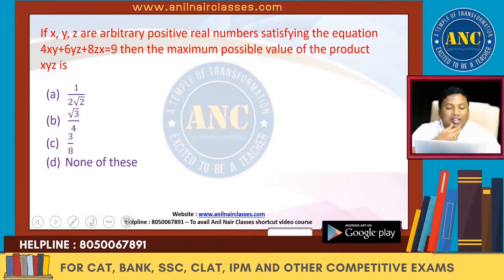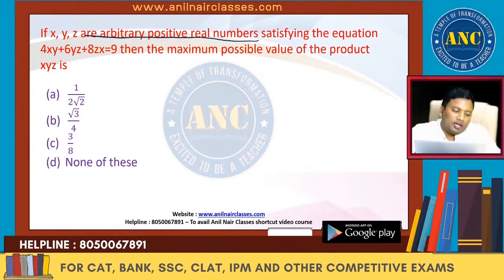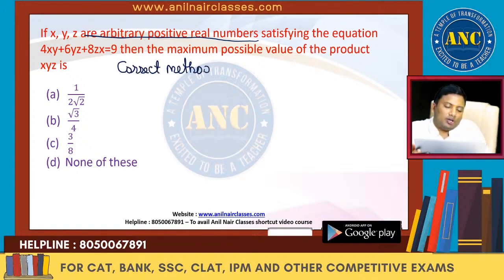Next one: if x, y, z are arbitrary positive real numbers satisfying the equation 4xy plus 6yz plus 8zx equivalent to 9, then find the maximum possible value of the product. First we will do the correct method, then I will tell you the mistake which most of the students will make. Correct method: AM greater than or equivalent to